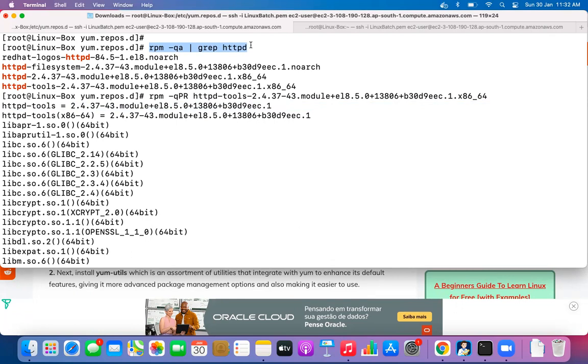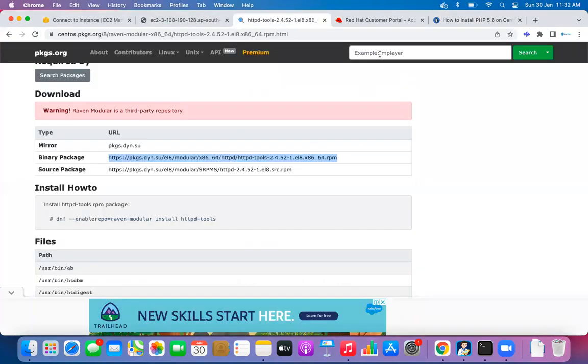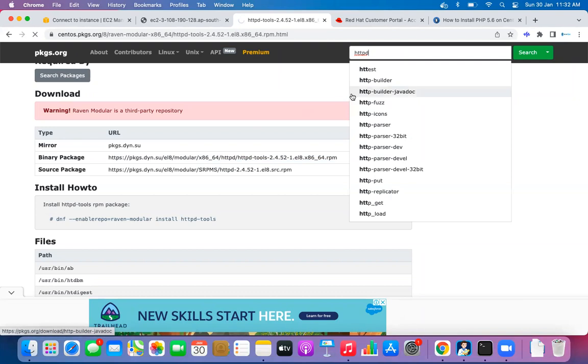Sir, is there any way to download the dependencies with wget as well in one go? No, actually. If you know the particular URLs, for example, you know very well that only 25 dependencies are there, and you will have to figure out the particular dependencies over the internet. Let us say we were working on the CentOS side. So what you can do here is, let us say httpd. If you figure out here,